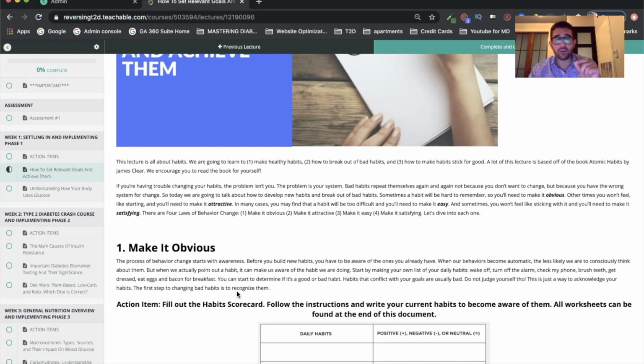Now, the trick here is that you need to write this on 3 pieces of paper and put them in places that you're gonna see every single day. So if you work on a computer, go ahead and post it right on top of your computer, so it's a daily reminder that you are changing your lifestyle for that reason. Another place where you can put this piece of paper is on your mirror. Everybody looks at the mirror before they leave the house, right? So if this piece of paper with your goal and the reason why you want to do this is staring at you every single day before you leave the house, then you're more likely to follow through with this diet that you're following every single day, right?